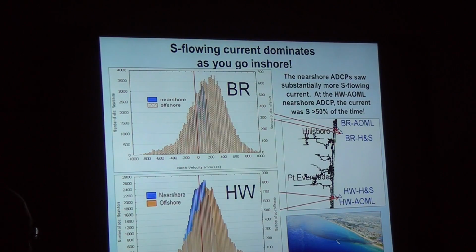Now here we compare two ADCPs at the north end of Broward County versus two ADCPs at the south side. At the top, the zero line shows you that most of the water goes north most of the time. The blue that you can't see, it's kind of behind the orange, is the inshore, and it shows you that it's more evenly distributed. But if you get down to Hollywood, the nearshore is in fact going south more than